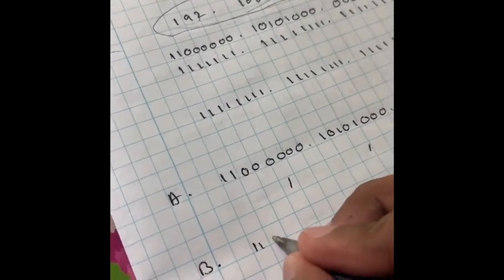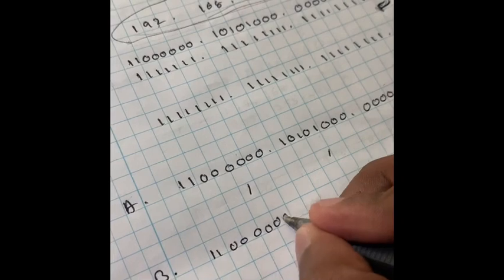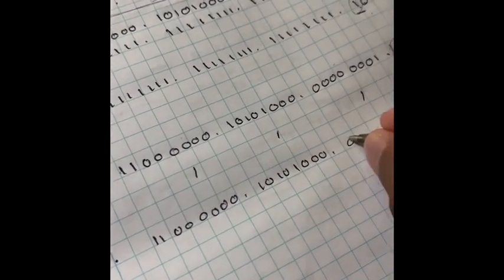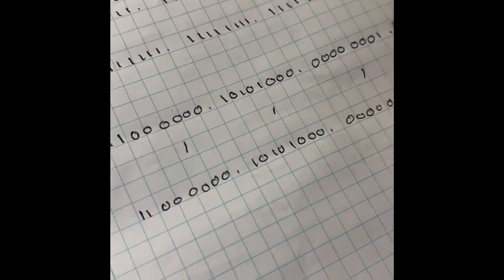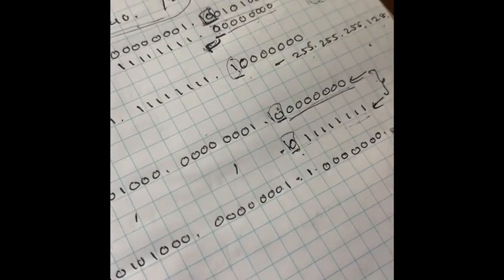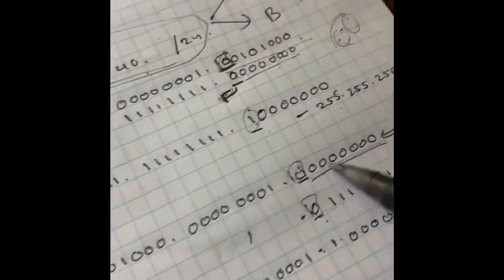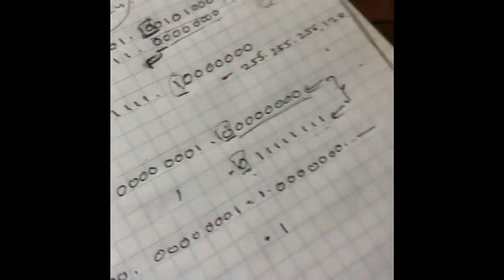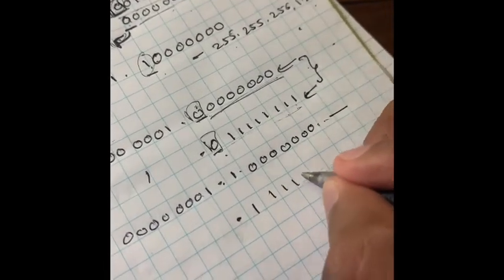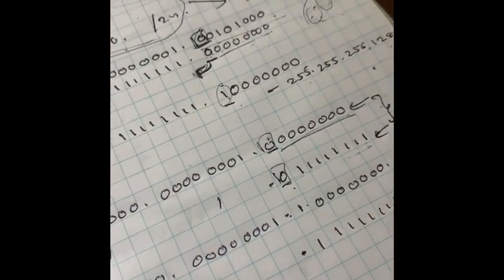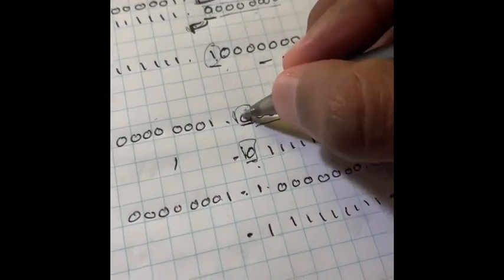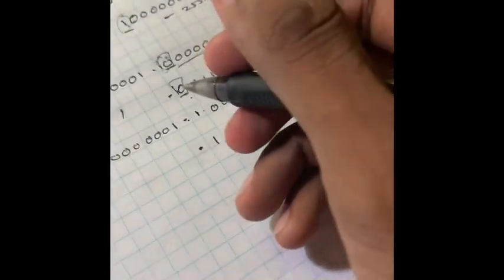So this will be 0.10101000.00000001. So this will be the network ID of network B. So again, when all the others become 1, that's going to be the broadcast ID of network B. So this bit right here, if we write the subnet mask,